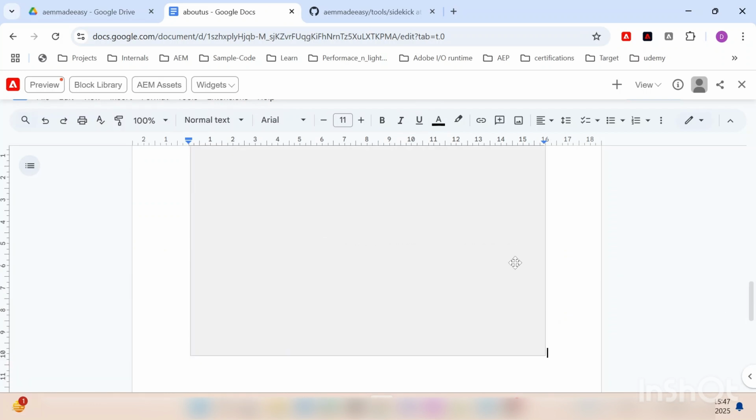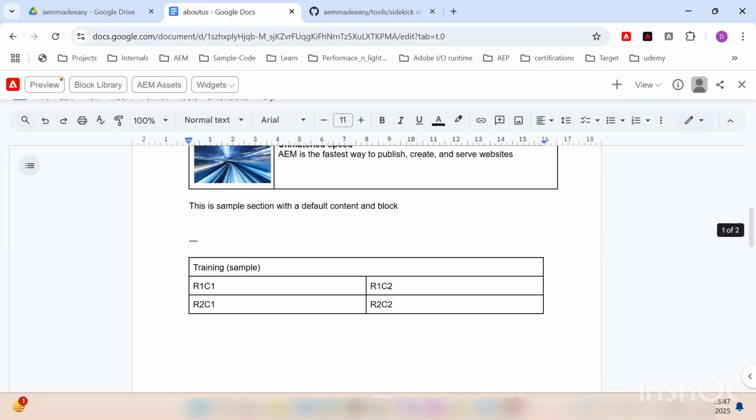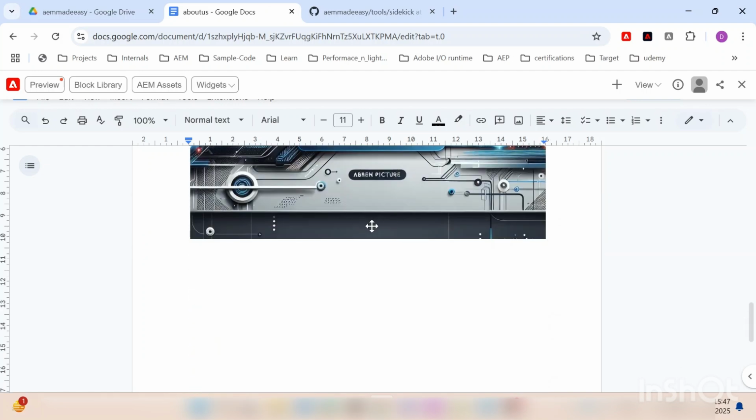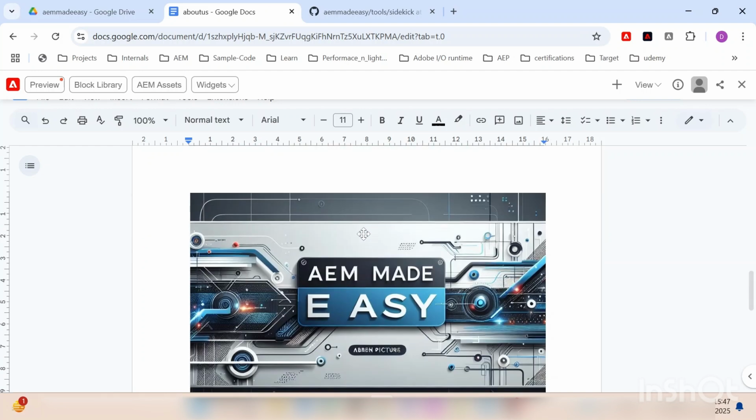So that image is basically you added your image from your AEM cloud service instance. So that's how it works. And basically